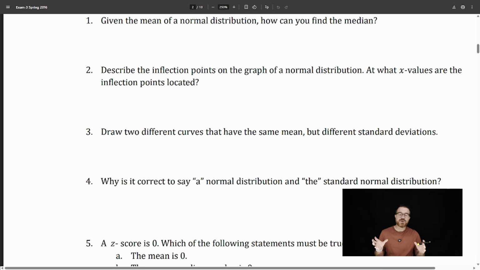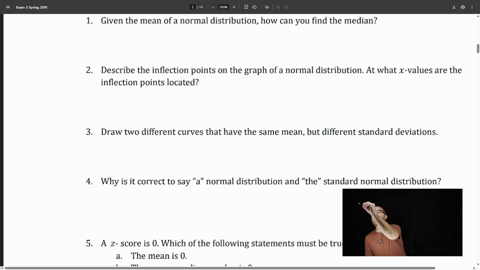This is going to mostly focus on Chapter 5, which actually isn't a problem because the stuff that we're learning now about normal distributions is going to be super important for pretty much almost everything else we're going to be doing. So looking at this practice exam, the first set of questions is going to be some review questions, some concepts, things like that. The first question says, given the mean of a normal distribution, how can you find the